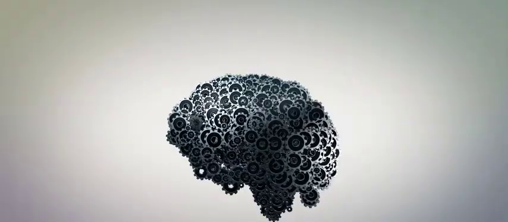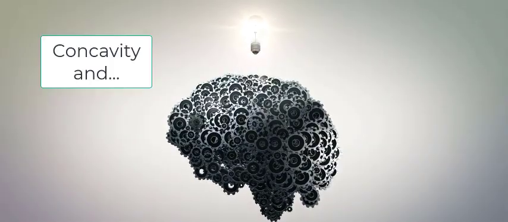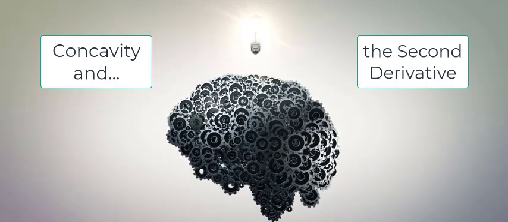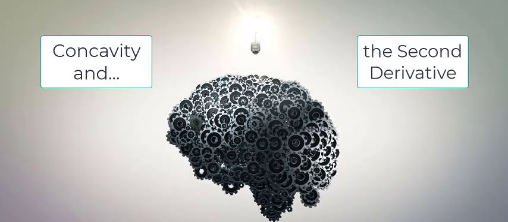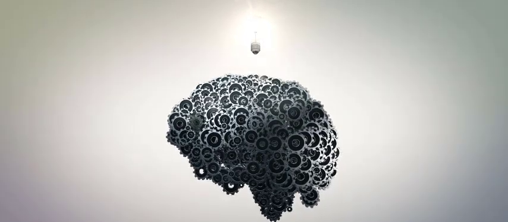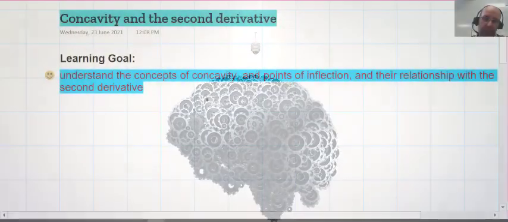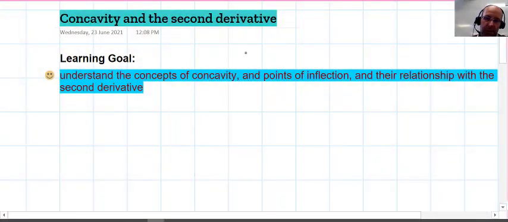We're going to look at how the second derivative relates to this thing called concavity. And we are following the learning goal: understanding the concepts of concavity, points of inflection, and their relationship with the second derivative. Looking at what we know already, if we have some variable y, which is a function of x,